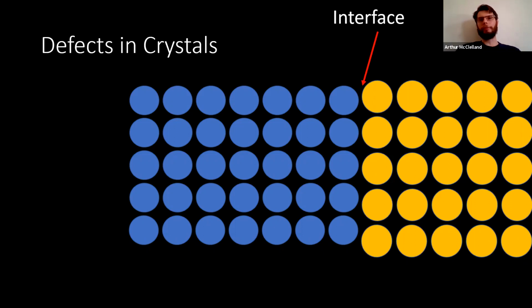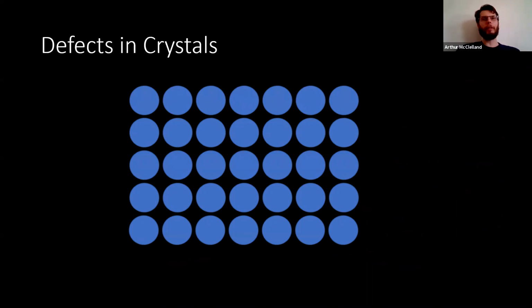So this would be semi-epitaxial growth. It means the two crystals line up close, not perfect, but close. Perfect epitaxial growth would be if they happen to have the same lattice parameter, and then the crystal can just propagate. Even if you change the material, you could change the basis, but still have the same lattice structure and same lattice constants. And then that would be perfect epitaxial growth. So interfaces are another defect in the crystals.